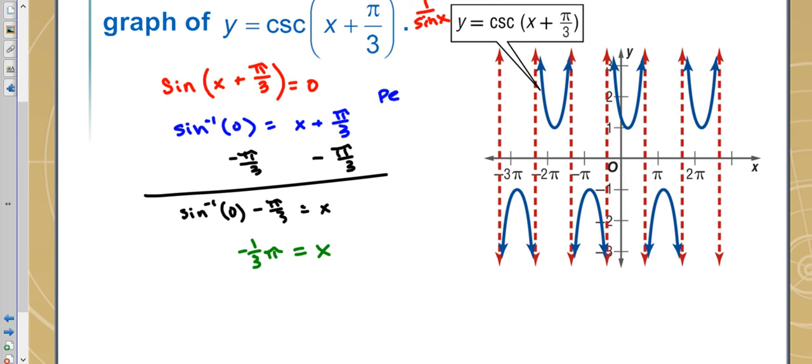Remember, period is the same thing as 2 pi divided by our b. In this case, b equals 1. So the period is 2 pi. So with that being said, we should have vertical asymptotes at negative 1/3 pi plus 2 pi